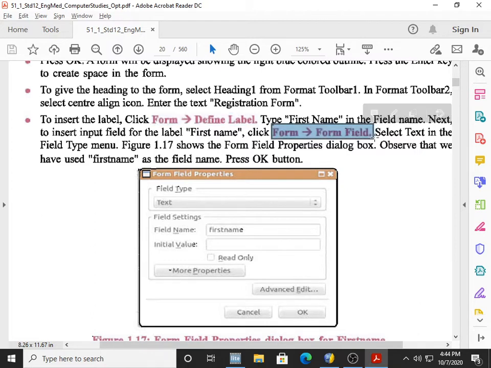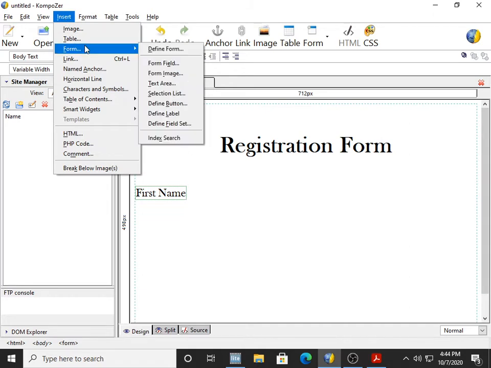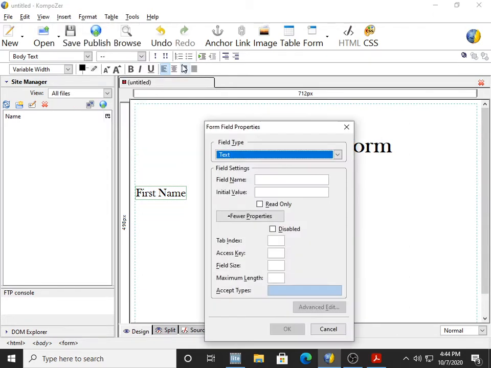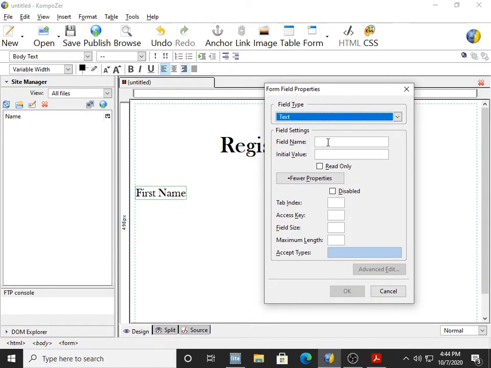Next, to insert an input field for the label First Name, click on Form and Form Field. We have to follow the sequence, that is Form and Form Field, and select Text in the Field Type menu. So we will follow the same: Insert, Form, Form Field. Here we can see Text. We will provide the field name.